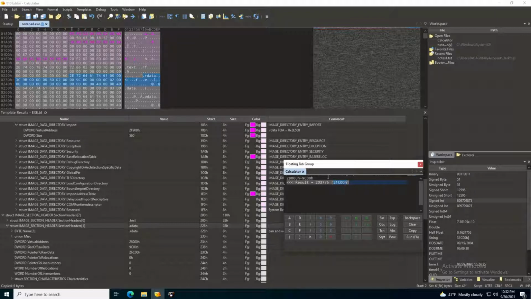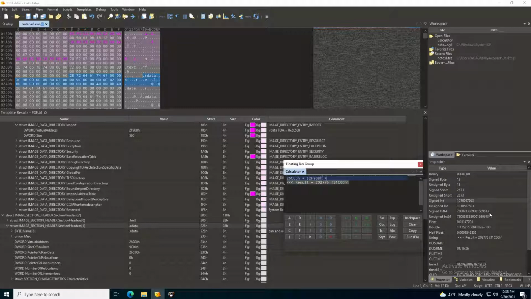So what do we do now? We will find this address. How are we going to do that? We will get the pointer. We have the pointer to raw data, which is 2600, in hexadecimal. And then what are we going to add? We are going to add the address, this one,